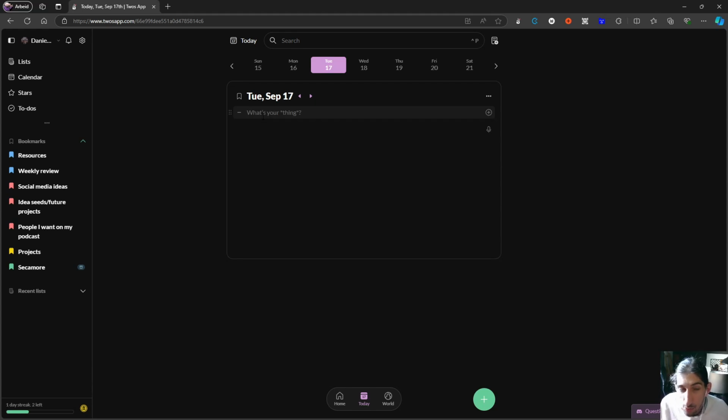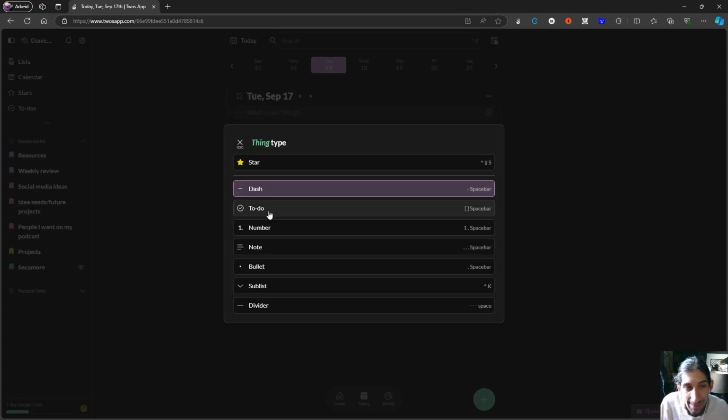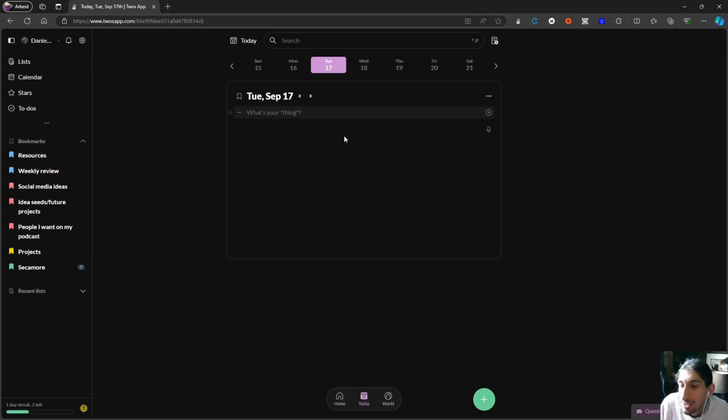It is an all-in-one productivity application, but because of the layout of the daily pages and the different thing types, you can use a bullet or a to-do. This also feels really good for bullet journaling. Also, the lists feel like custom collections in a bullet journal, so I decided to include it,